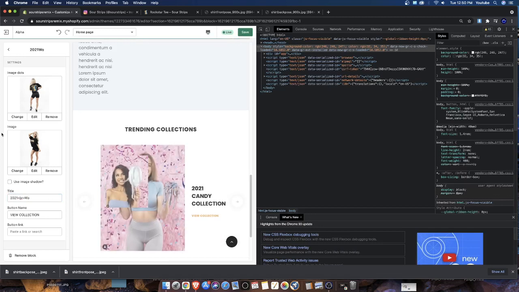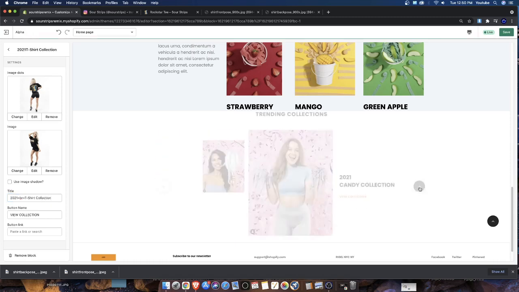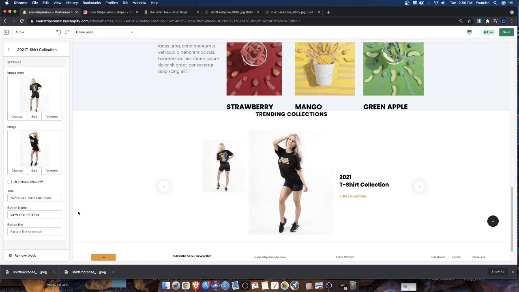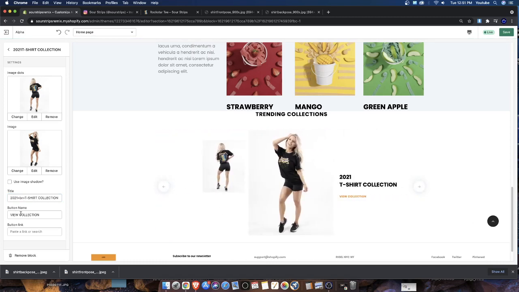All right. So what just happened here? I have no idea. T-shirt collection. Okay. And is it all caps, which is what we need? No. So I got to write it in all caps. Just like that. T-shirt collection. Okay. So just like that. Looks pretty decent, right? And we have the view collection button, of course,